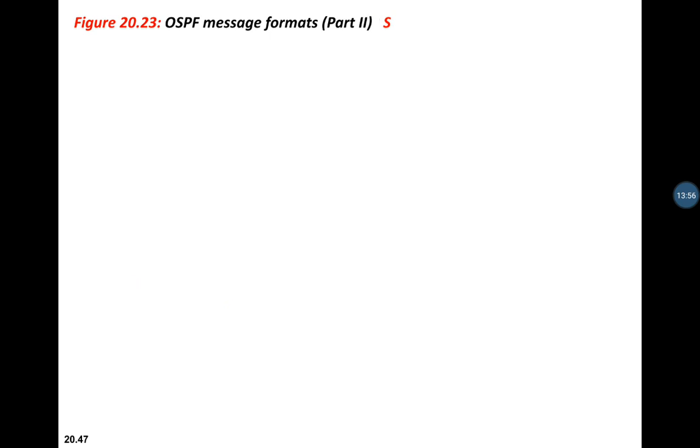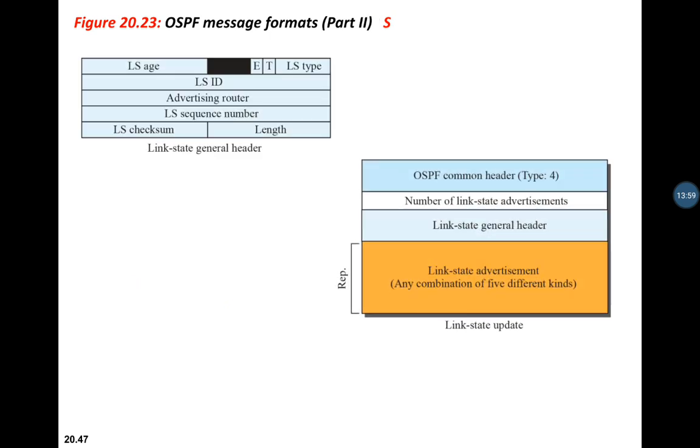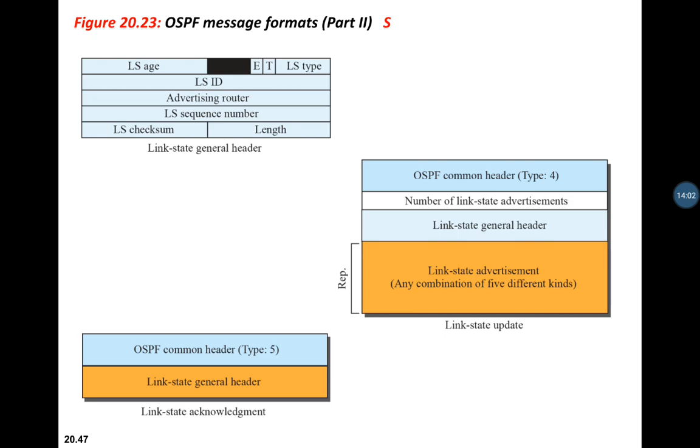Next we have the link state request message, the link state update message and the link state acknowledgement. So here, the link state request message is sent by the router that needs information about a specific link state. Next, the link state update message, the main Open Shortest Path First message used for building the link state database. Next is the link state acknowledgement message. It is used to create reliability in Open Shortest Path First. Each router that receives the link state update message needs to acknowledge it.